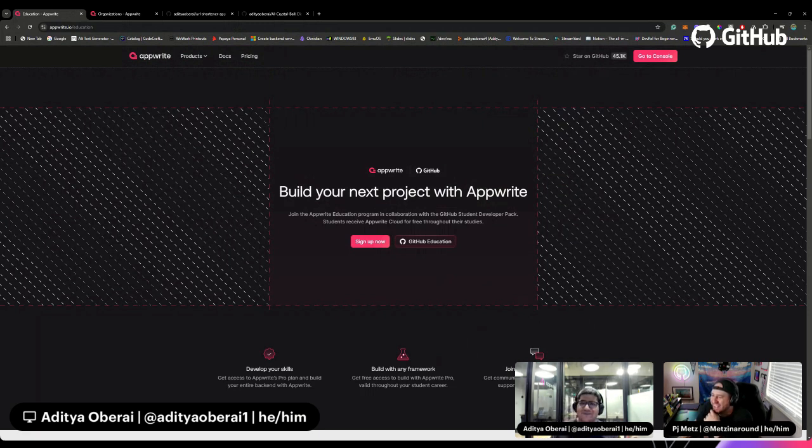Since we've joined the Student Developer Pack, as long as you are an accepted member, you get free access to Appwrite Cloud throughout the rest of your academic career. As long as you're a student and a member of the Student Developer Pack, you get support equivalent to our Pro tier,